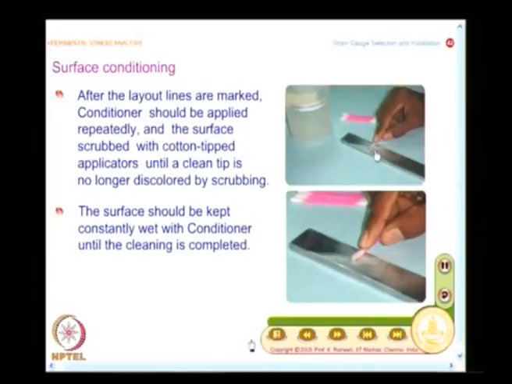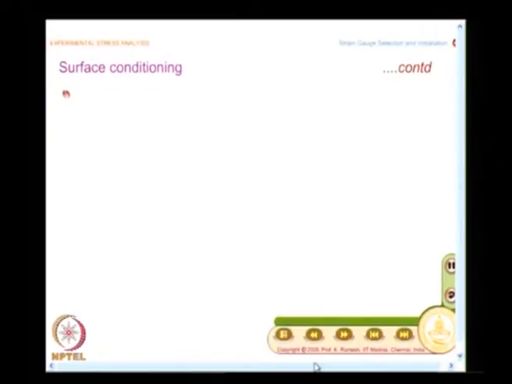So, this is what you do, and here again you should maintain the surface constantly wet with conditioner until the cleaning is completed, because you do not want to allow the conditioner to evaporate. You keep it wet, and as seen before you need to wipe it dry.